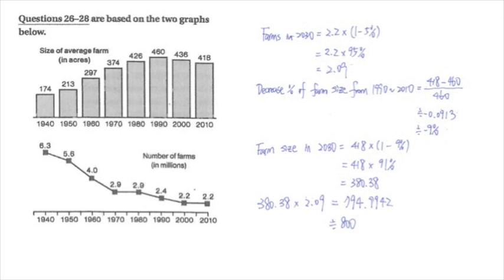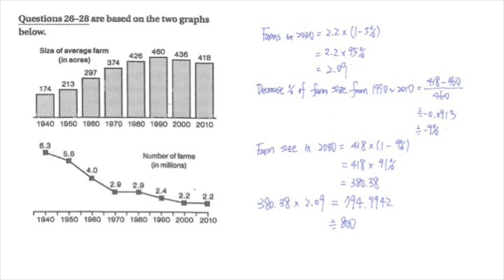So that will be 2.2 times 1 minus 5%, which is 2.2 times 95%, which is 2.09. Second step, we need to find out the decrease of farm size from 1990 to 2010, which is 418 minus 460 over 460, which is roughly around negative 9%. So it will decrease by 9%, which according to the question will be the decrease in percentage from 2010 to 2030. So the farm size in 2030 is 418 times 1 minus 9%, which is 418 times 91%, and that is